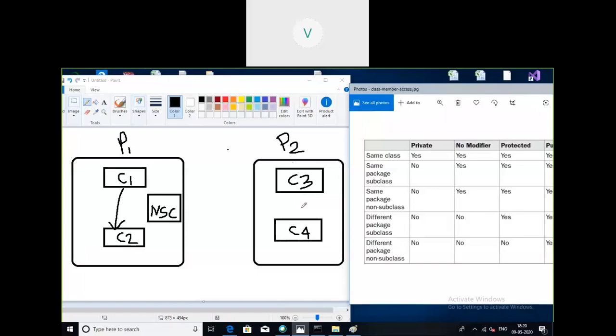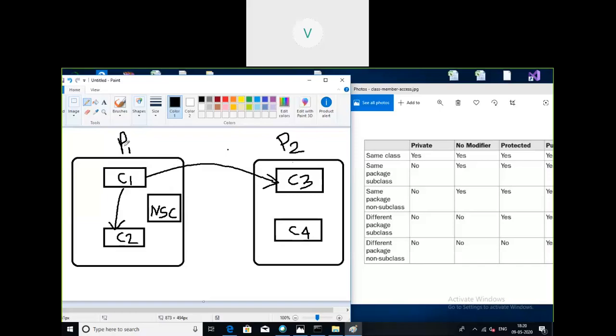For example, C3 is a class present in a different package. It is present in package P2, and it is a subclass of C1. In this case, what are the possibilities? They are present in independent packages. C3 is present in P2, C1 is present in P1.